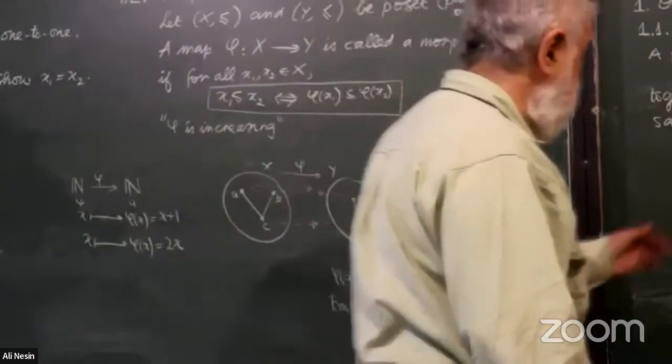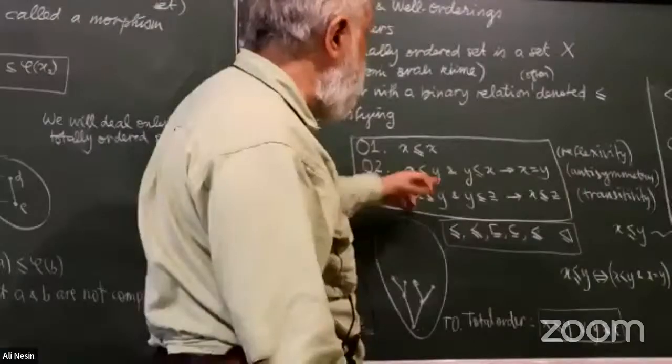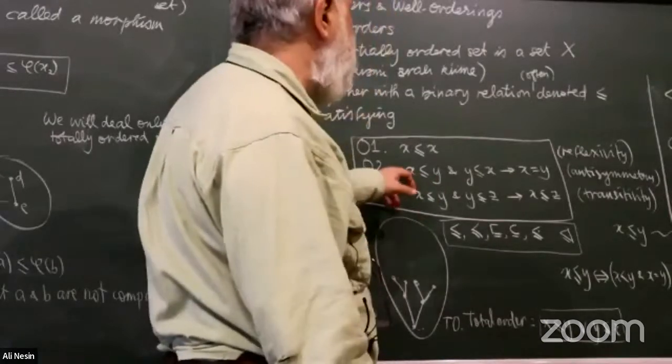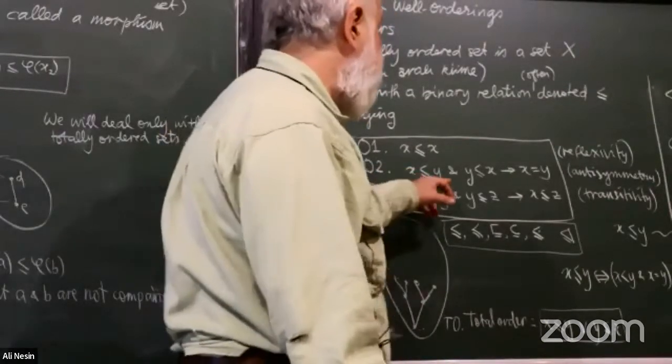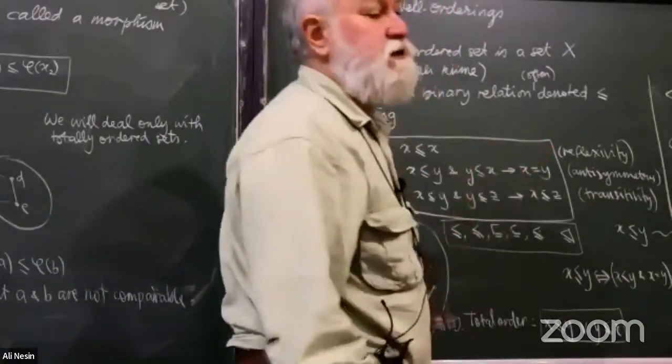Okay, and then we will use it with the second box in the other board to show that x1 equals x2. Well, what do you want to put here, x1, here x2? Well, how do you know that x1 is less than or equal to x2? If x1 is less than or equal to x2, and if x2 is less than or equal to x1, then x1 is equal to x2, yes.